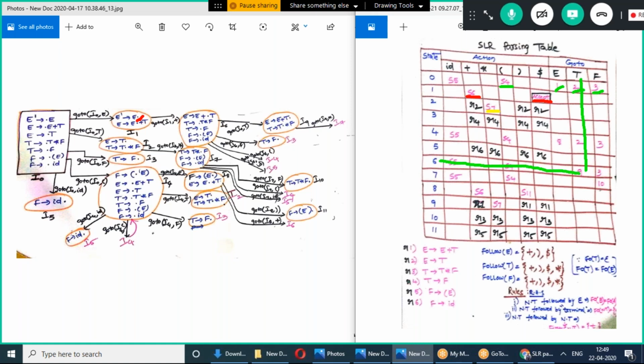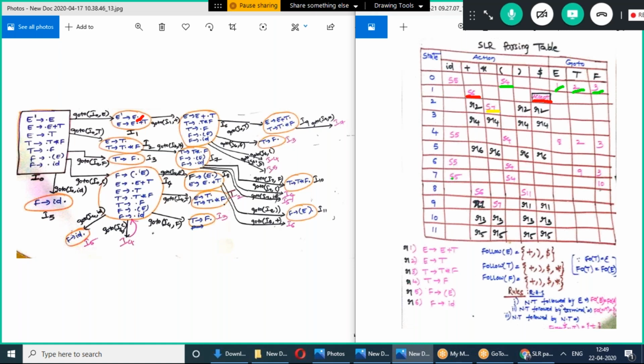So we wrote 9. Now I6 comma F, it is going to I3. So we wrote 3. Next I6 comma open parenthesis, it goes to I4. So S4. I6 comma ID, it is going to I5, that is S5.